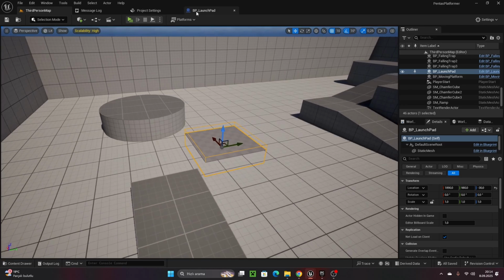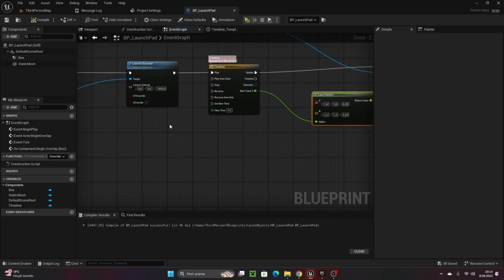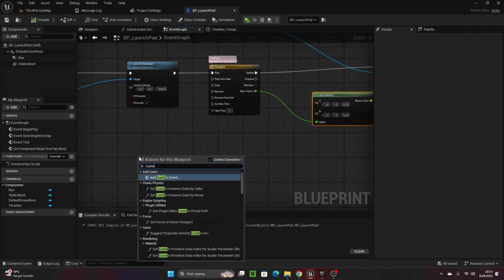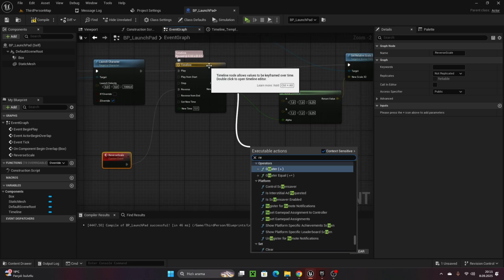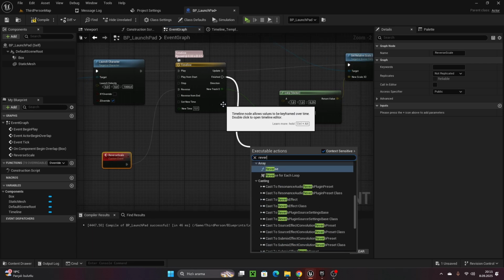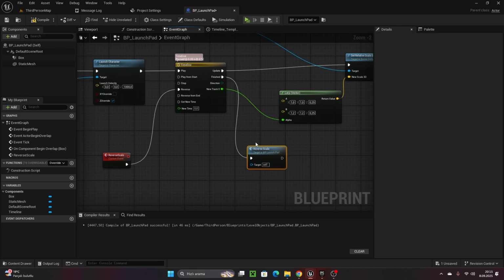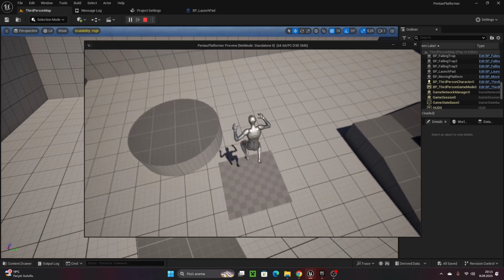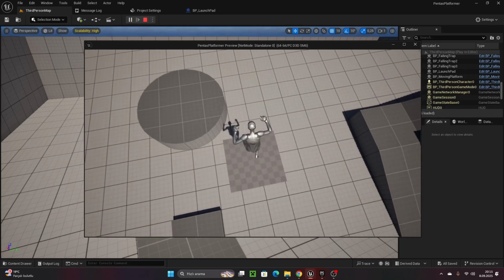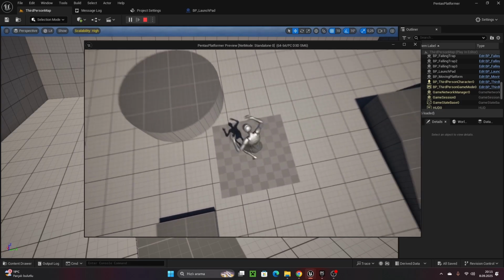close. So how are we gonna reverse it? Add a custom event, reverse scale, and on finish timeline, call reverse scale. Let's check it. As you can see, it's growing and turning back to normal. Okay,